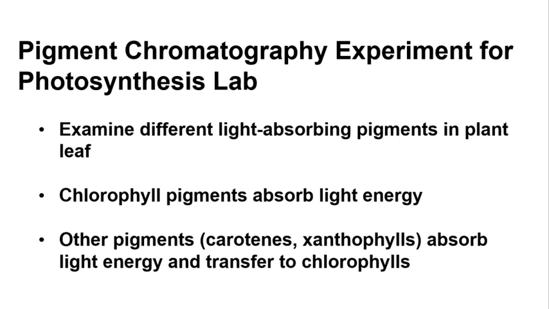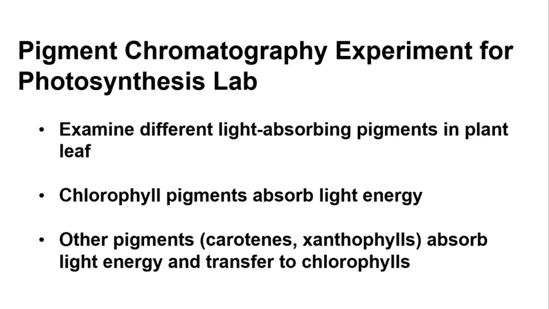If we had had more time during our photosynthesis lab, we would have conducted a pigment chromatography experiment in order to examine the different pigments that are present in the plant leaf. So in order for photosynthesis to transform light energy into chemical energy, the plant uses chlorophyll pigments to absorb and transform that light energy. We also see that there are additional pigments present in the leaves of plants, like carotenes and xanthophylls. And these pigments function to absorb light energy and then transfer that light energy to the